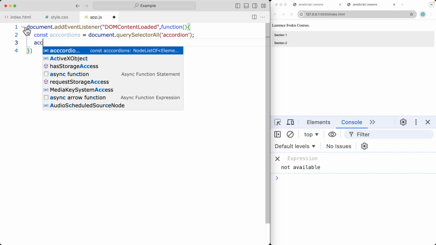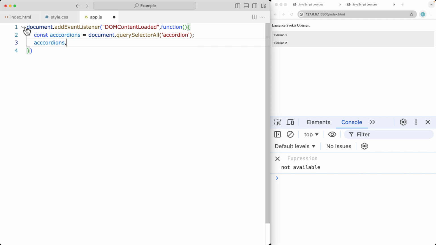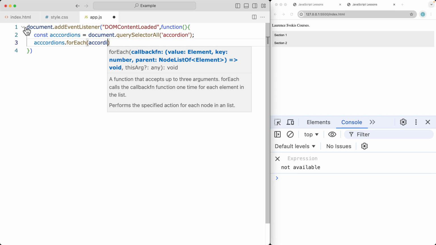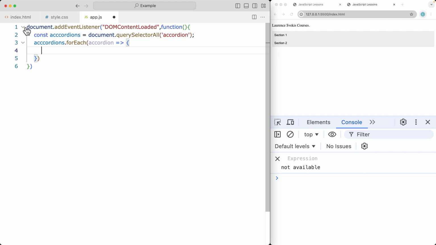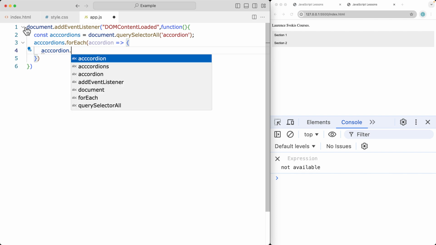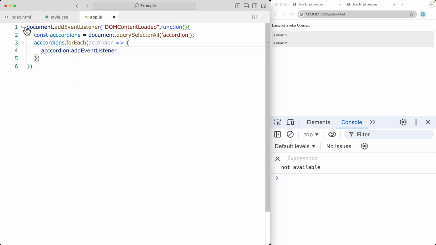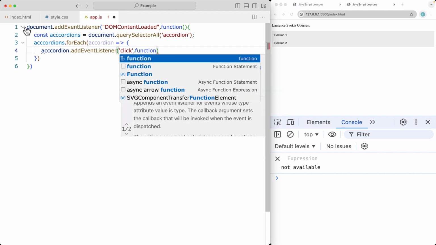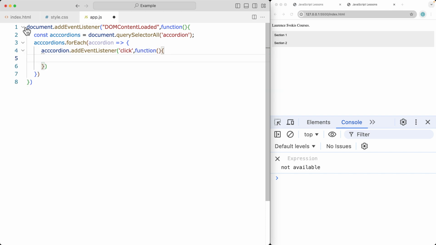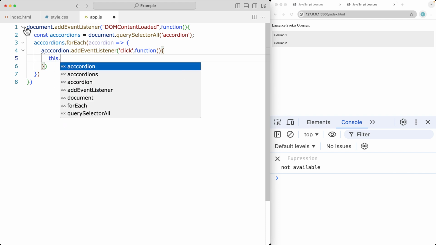and then we want to loop through the accordions. So doing forEach, and that should be a dot. For each one of the accordions, we're going to grab the different accordion element, and then we can apply some properties to that. So we want to add an event listener to the accordion. This is setting up the accordions so that whenever they get clicked, they're going to open up the corresponding panel information, and selecting this,